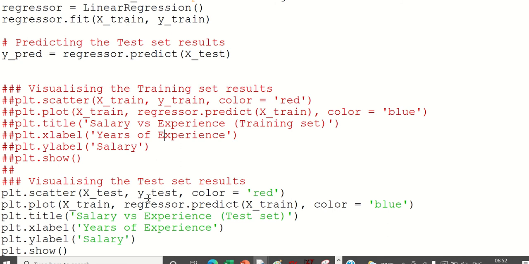X test, y test. It should be test here. No, no, no, sorry. Predicting, no, it should be X test one. Sorry.